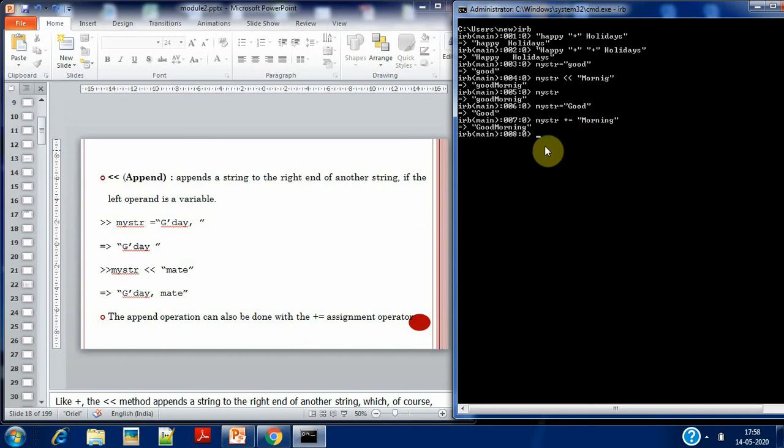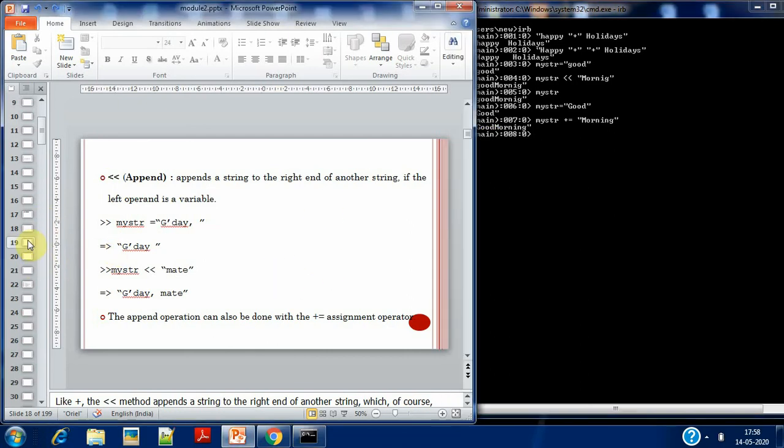You can see the result here. The morning is attached to good, that is, it appends a string to the right end. After good you have the other string appended. So that is about your append operation.